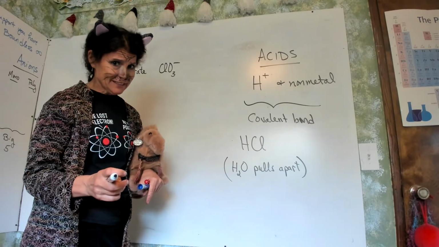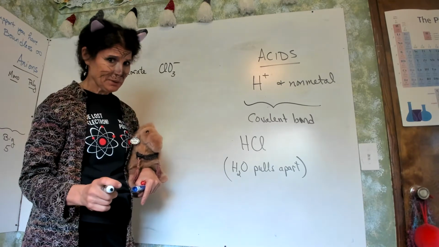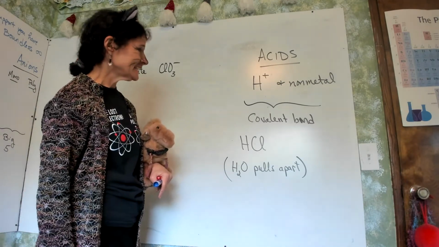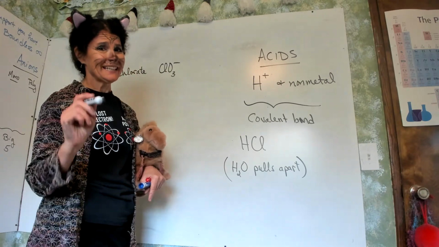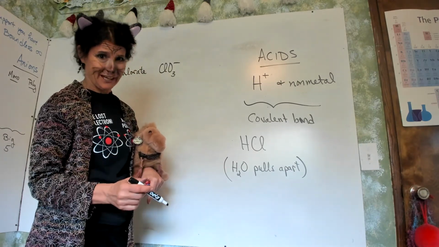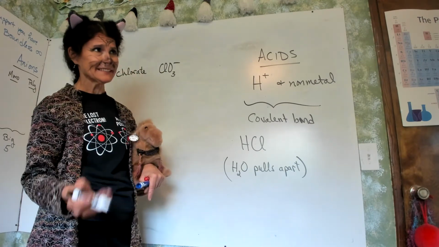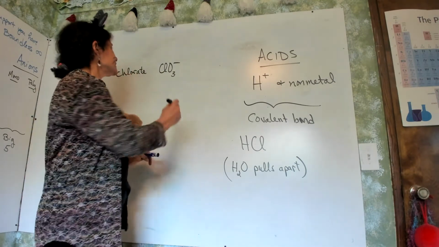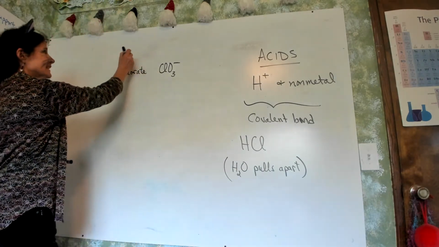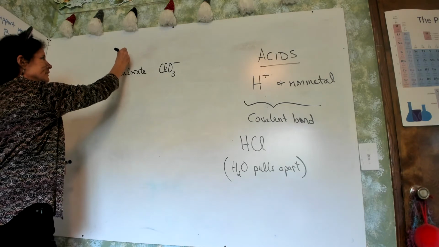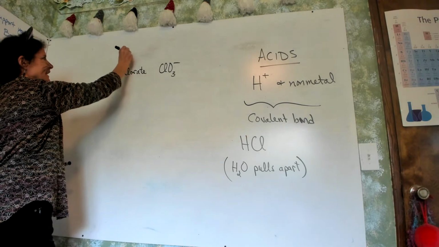You don't really need to know that, but they get their own special category. They are covalent. They're a special covalent bond that we're going to talk about, I think, in a week. And they get a special category. The easiest thing to do is to treat them like they're ionic, even though they're not, until they're in the water. And acids are almost always in water. So this is when it's combining with a metal. So if it's an anion,